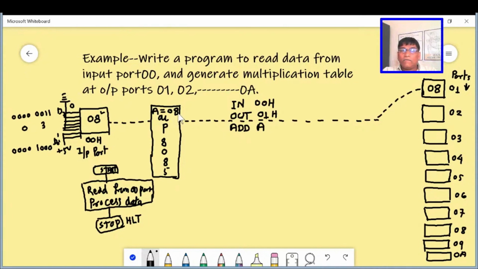This 08 will be added with 08, and the decimal equivalent is 16. For 08 plus 08, the decimal is 16, but in hexadecimal, after ADD A, the accumulator content will be 10H.